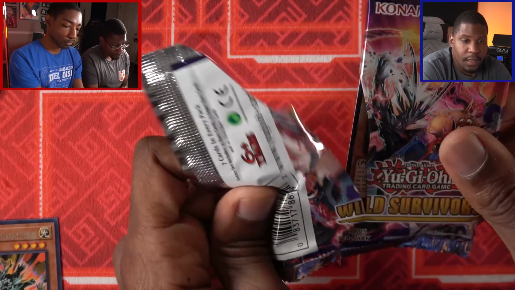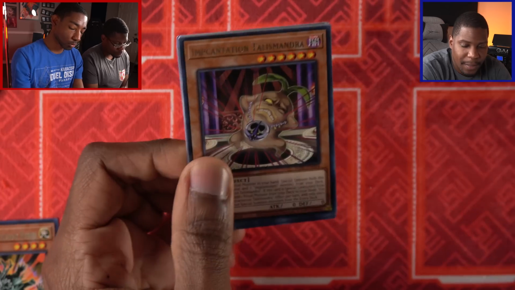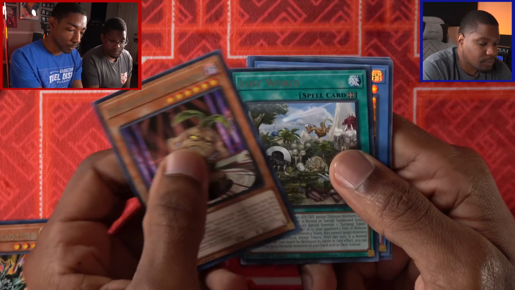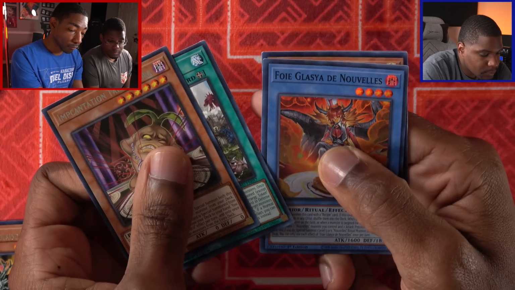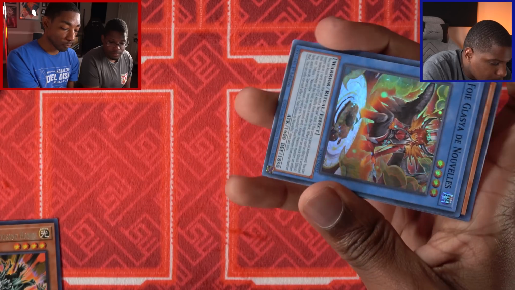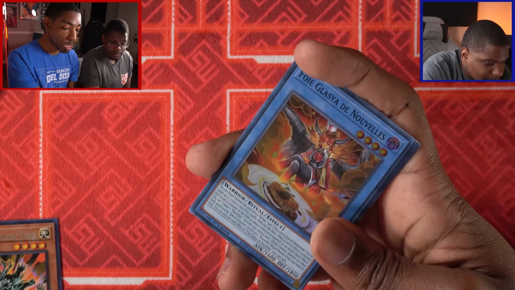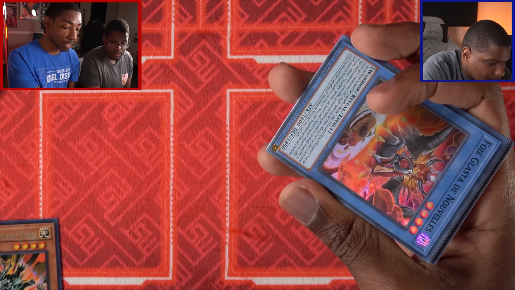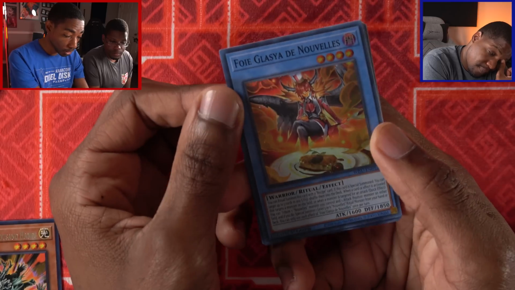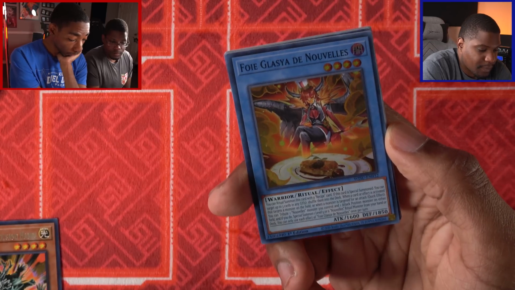I don't know. Look it up. Maybe it might be in the French. All right, Incantation Talismandra, Lost World, okay. All right, go. Wait, that's foie gras. Foie gras, okay. Or I think that's what it's referencing. Foie glacia de Nouvelles. Nouvelles or Nouvelles, y'all can tell me how to say it, but at any rate, so this is